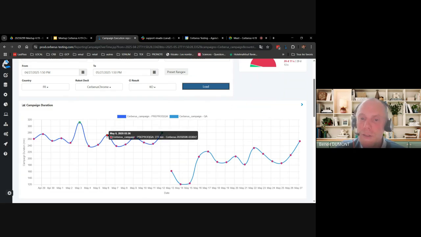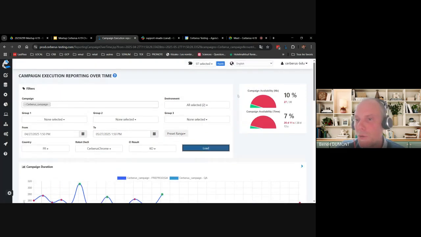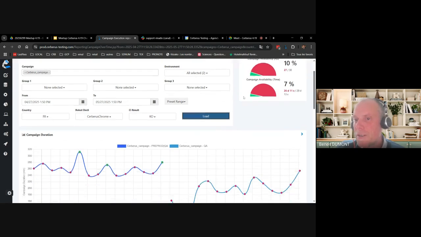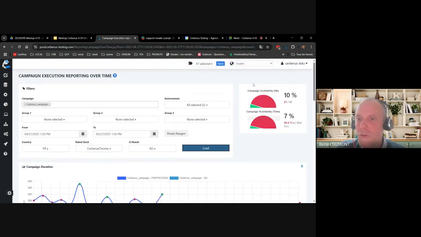I still see that the center of the point is red, but the external layout is green, so it's globally considered as green. And now I have 3 okay executions. So that allows us to be as clever and as accurate as possible on those KPIs.